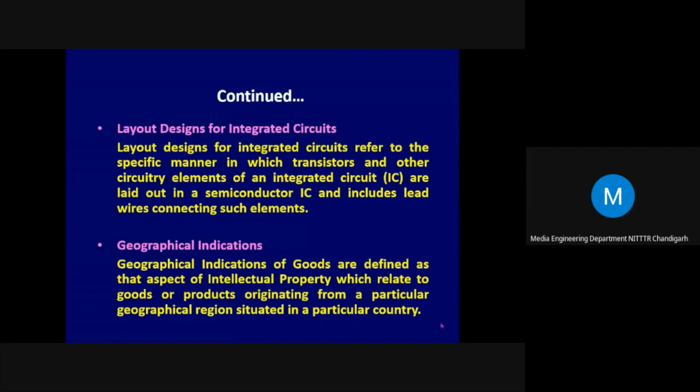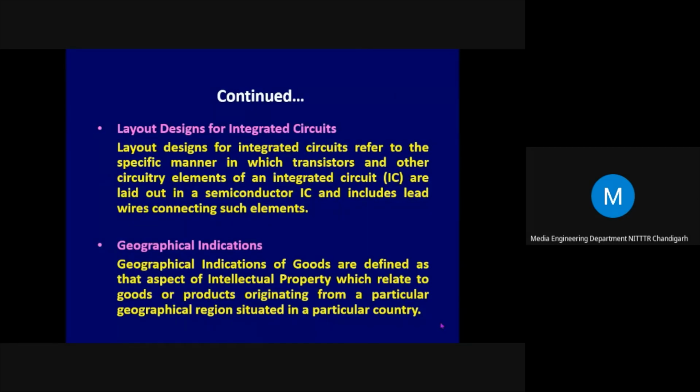All these protection mechanisms are in the form of acts of parliament. So when we refer to patent, there is the Indian Patent Act. When you refer to copyrights, the Indian Copyright Act. When you refer to protection under trademark, it has to be governed by the Indian Trademarks Act. Like layout design for integrated circuit, you have the Semiconductor Integrated Circuit Layout Design Registry, SICLDR 2000.